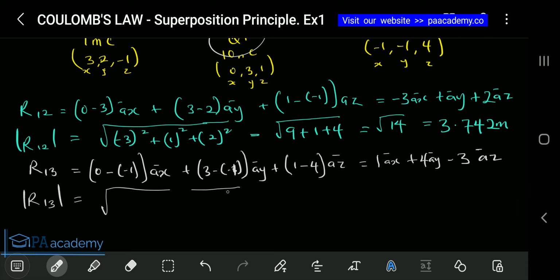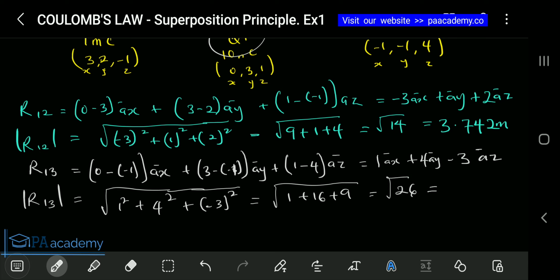So that's the square root of 1 square plus 4 square plus minus 3 square. Okay, so we're having square root of 1 plus 16 plus 9. So 1 plus 16 is 17, so 17 plus 9, that's 26. So we're having square root of 26. So let's take note of that. That's 5.099